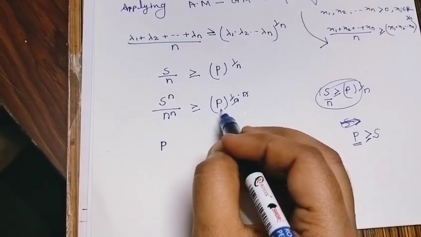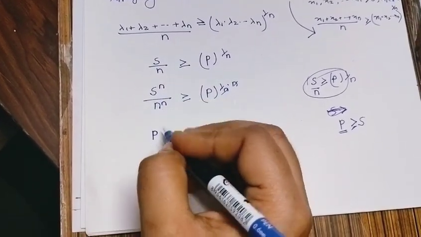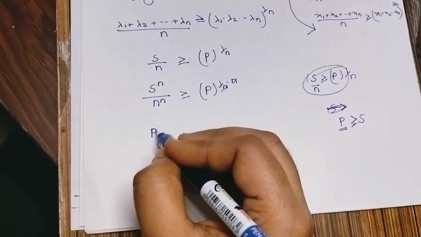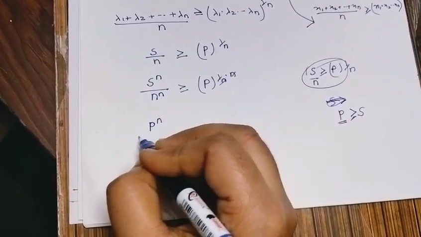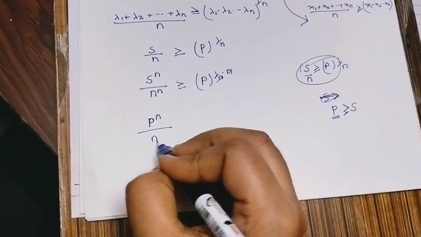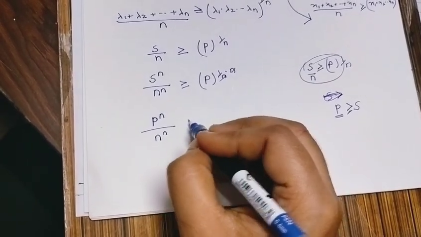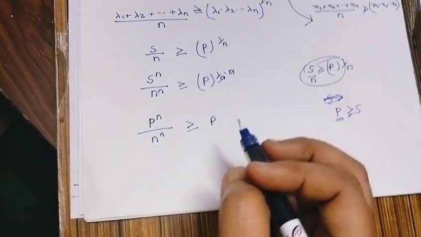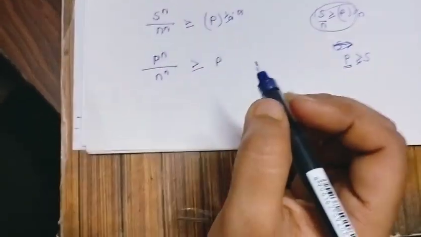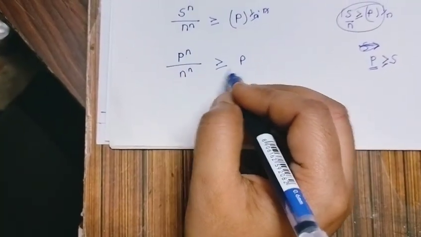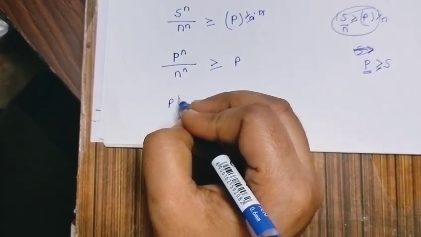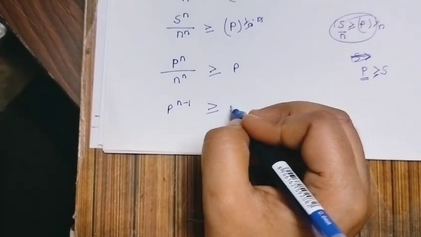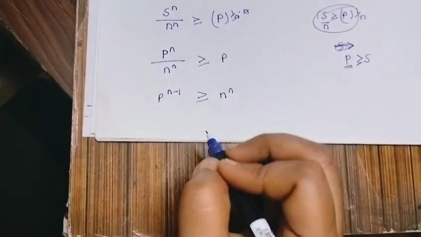is greater than p, then we can replace this, because s is also greater than p, p is also greater than n. So s raised to the power n by n raised to the power n will also be greater than p. So from here what we can write is p raised to the power n minus 1 is greater than n raised to the power n. Okay,